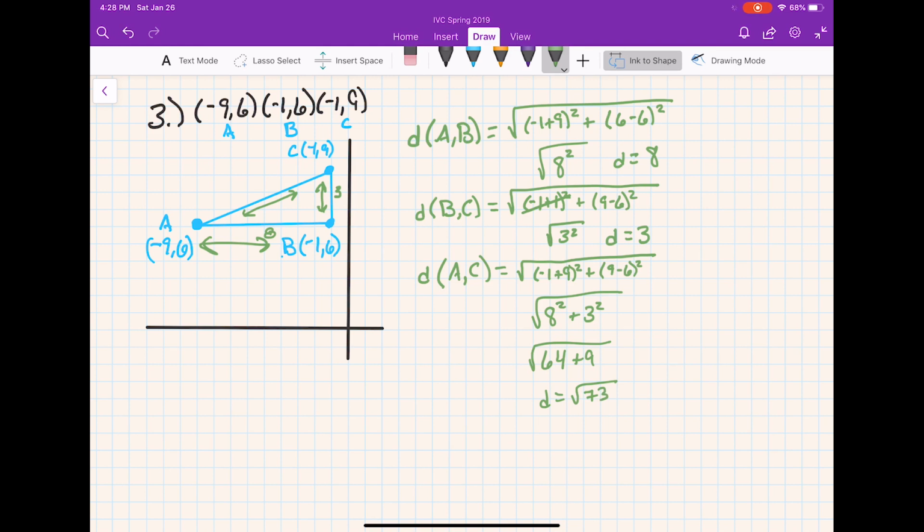All right, well, how do I prove mathematically that this is a right triangle? Well, we know the Pythagorean theorem works with right triangles. So we've got a squared plus b squared equals c squared. So we can just do a check. And of course, we can move that squared over. So we can do the square root of a squared plus b squared,